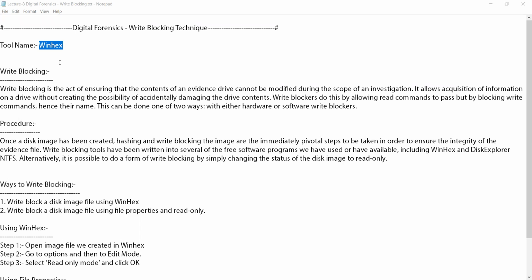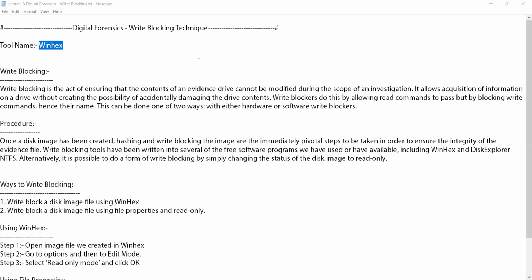If the investigator is investigating that particular image file and doing some activity or actions on it, there may be chances of changes, intentionally or unintentionally. In that scenario, the write blocking technique ensures that the content of the evidence drive cannot be modified during the scope of an investigation.